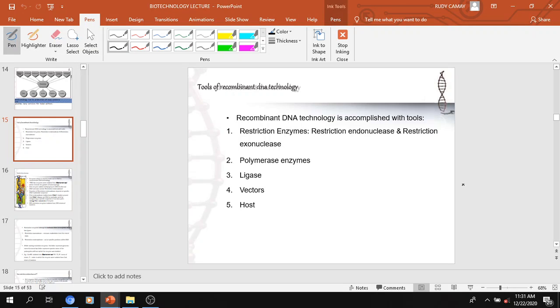All right. So for example, we have the tools: restriction enzyme, polymerase enzyme, ligase, vectors, and host. The restriction enzyme is used to cut portions of the DNA, to cut certain genes in the DNA. And polymerase enzyme is used to